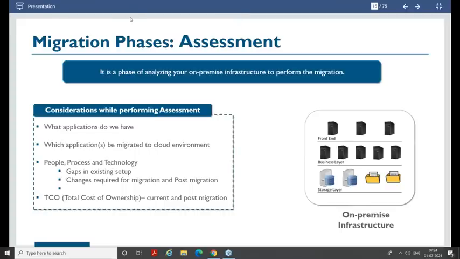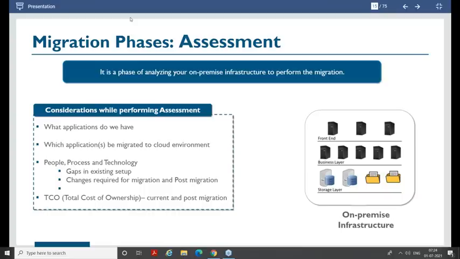So talking about your assessment phase, please understand it's a phase of analyzing your on-premise infrastructure to perform the migration. Just before you can perform migration, you perform this assessment. Here in this phase, you try to understand what the challenges are in your on-premise infrastructure.